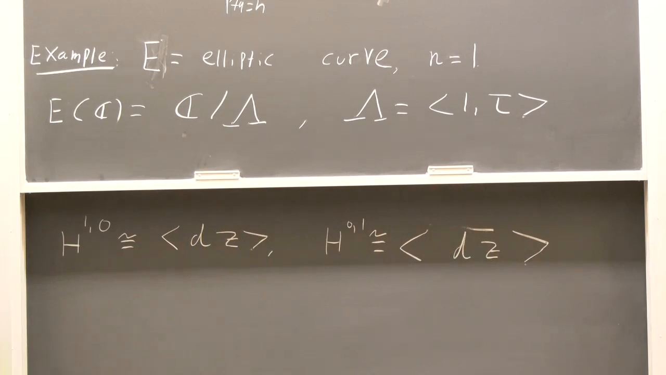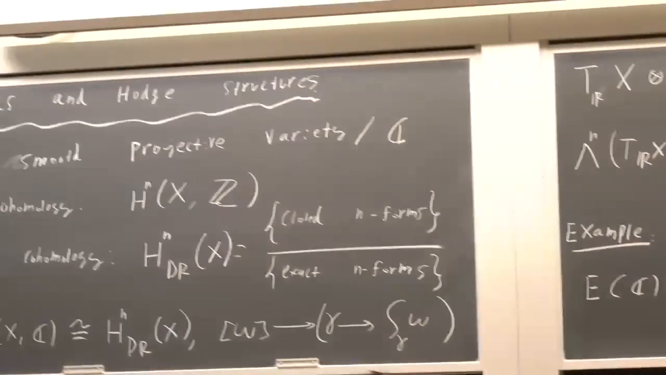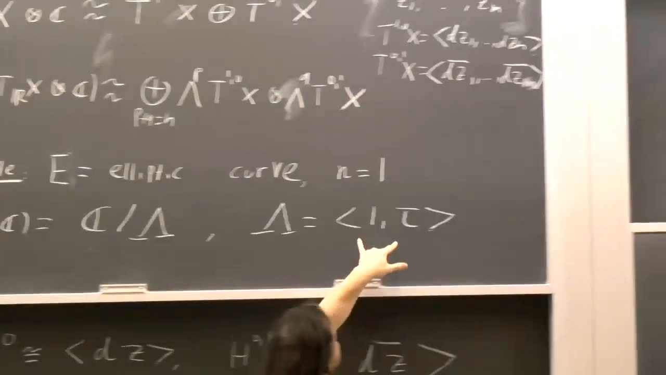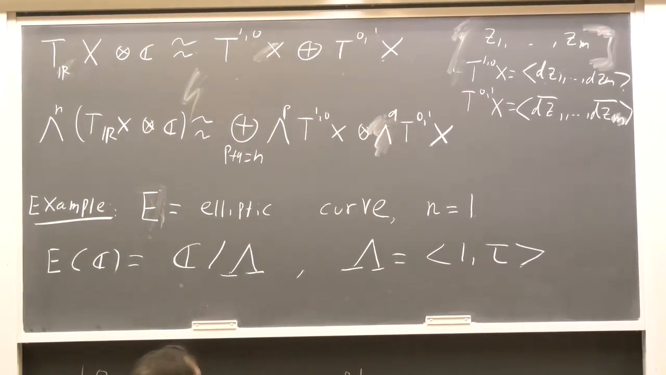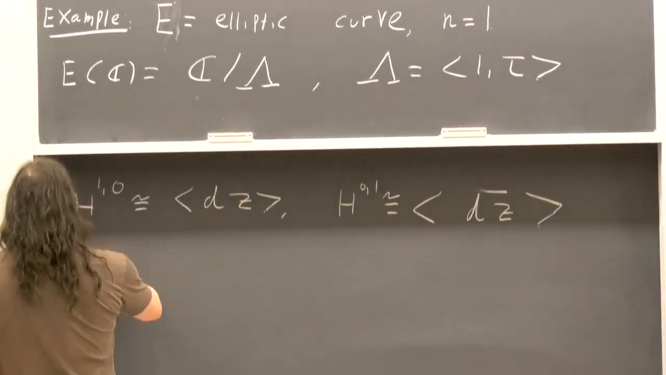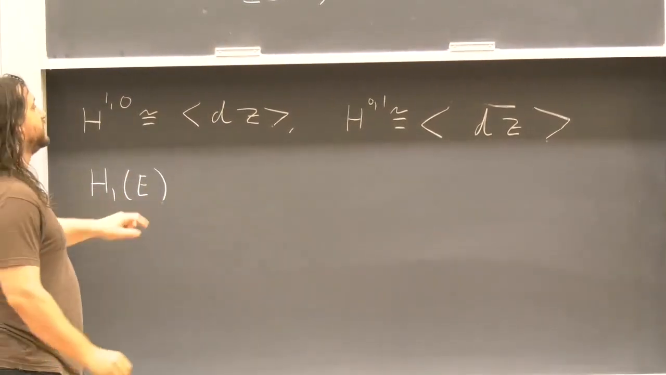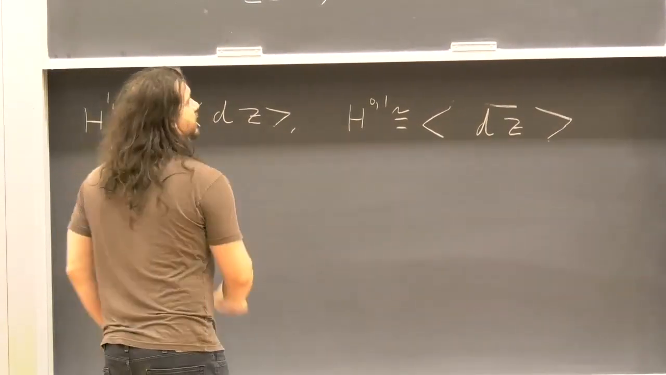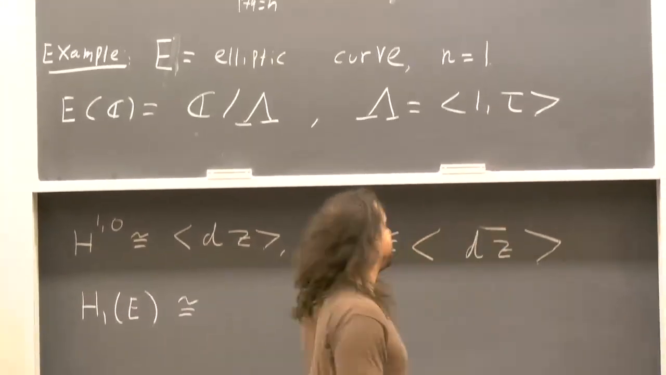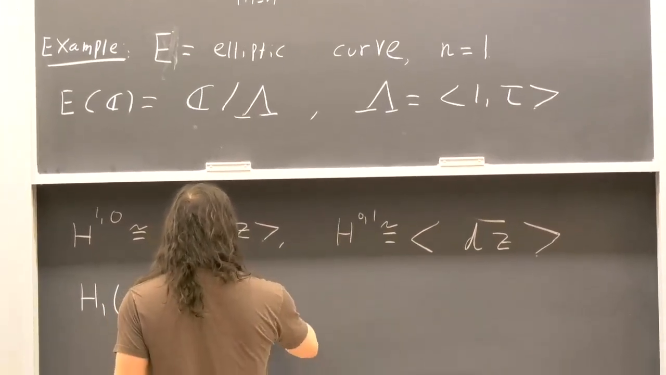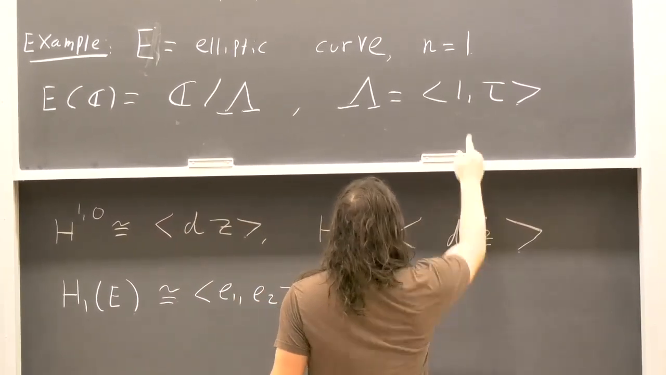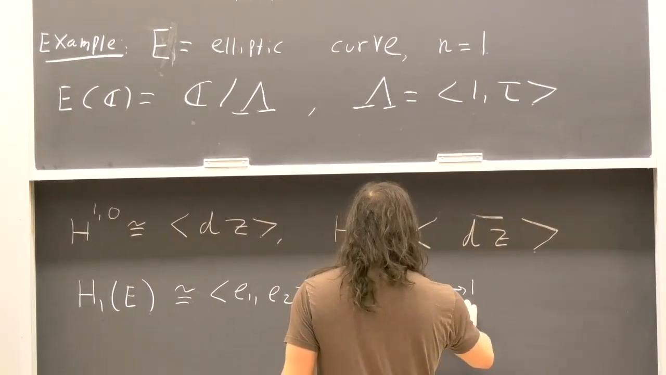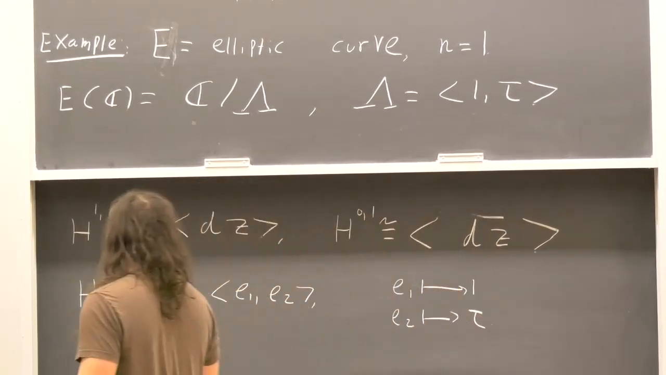And I'm just trying to see how it fits into our decomposition here, right? So lambda is 1 and tau. So what we can do is naturally identify the homology of E as the span of 1 and the span of tau. So the span of, let's call them e1 and e2, where e1 corresponds to this 1 here, and e2 corresponds to this tau. And then in this basis,